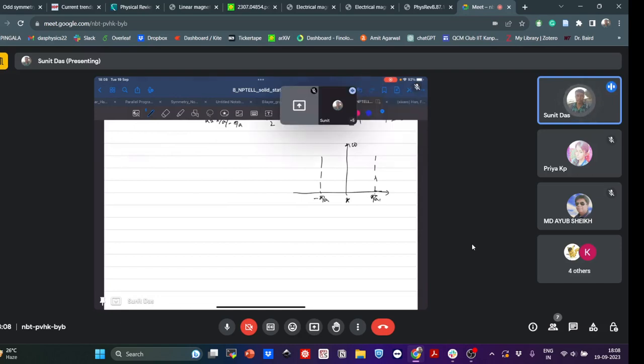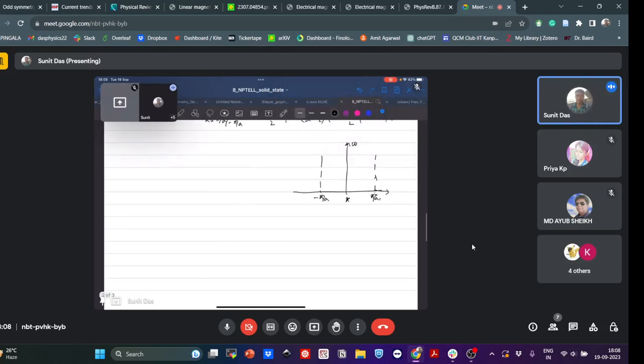So mod of sin(ka/2) will look something like this. And similarly, there will be symmetry in the minus part as well. But the main point is that at the corner of the first Brillouin zone, minus pi by a and plus pi by a,